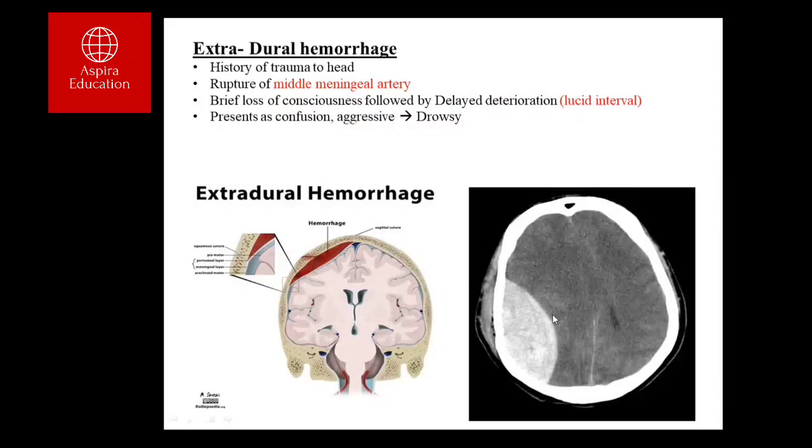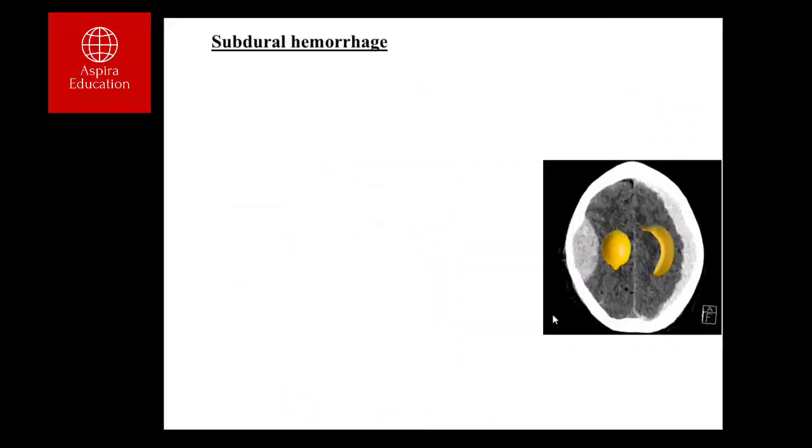Now, the patient may present with confusion, aggression, or may become drowsy. The investigation of choice if suspecting extradural hemorrhage, usually following a road traffic accident, is CT brain, and treatment is stabilization followed by evacuation of the hematoma by surgery. Next comes subdural hemorrhage. Subdural means hemorrhage which is below the dura, that means between the dura mater and the